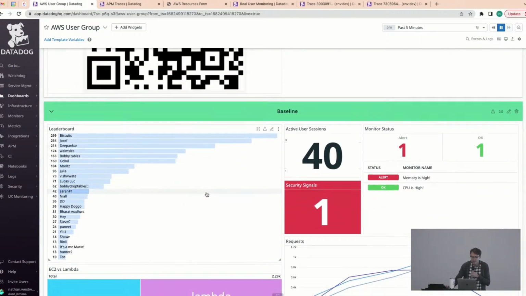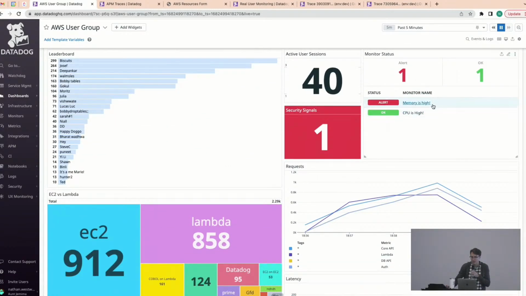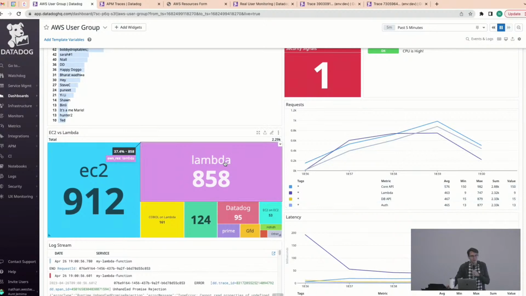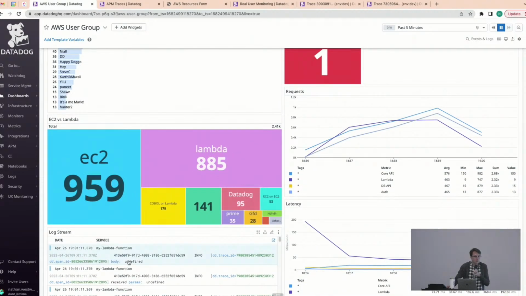And we can actually see on this dashboard, I've put out basically a bunch of widgets. The idea being that, okay, we can see memory is high. We're going to be able to dive into this sort of information and the spikes across. We're also grabbing information from disparate parts, so we're also grabbing information from the logs. So we've got log streams coming through. And basically, whenever you're logging, whenever you selected EC2 or Lambda or added in other,